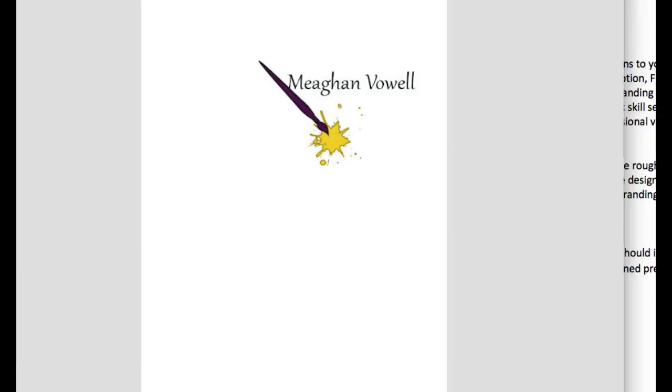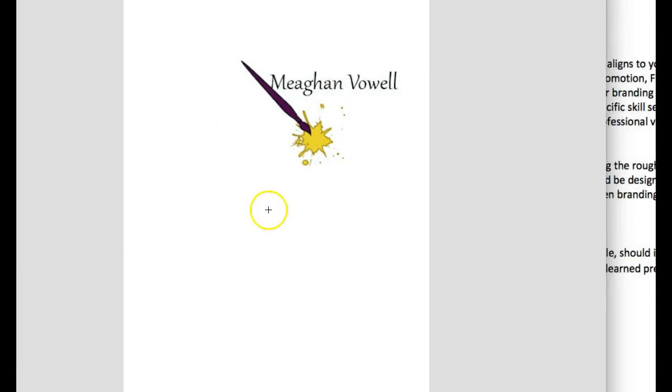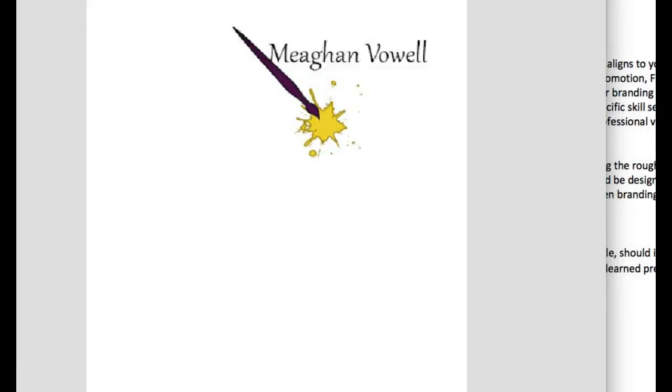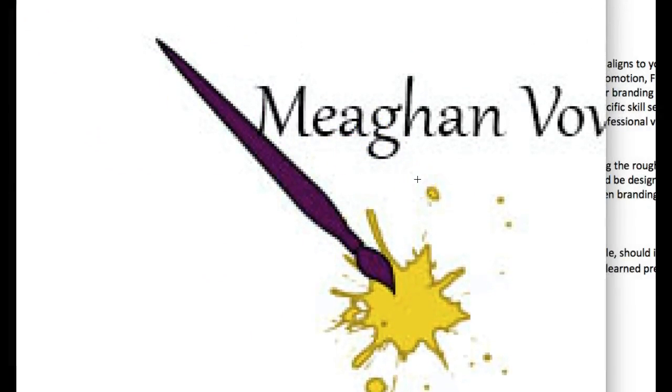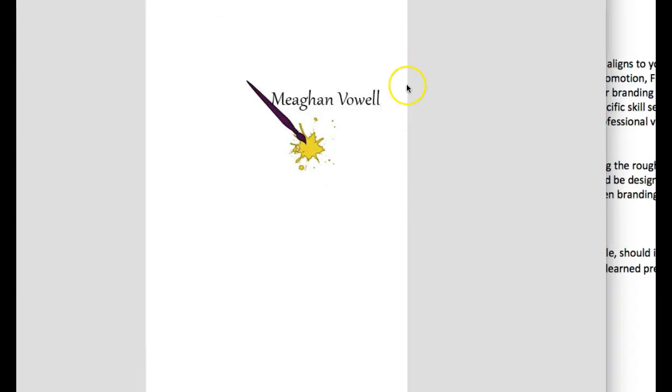Now, the reason we don't create logos in Photoshop is I'm going to show you. Let's zoom in here and see what happens and see how it falls apart. And that's going to happen in print, and that's just the nature of raster graphics. That's why we never create logos in Photoshop. So I would recommend moving forward in Illustrator.